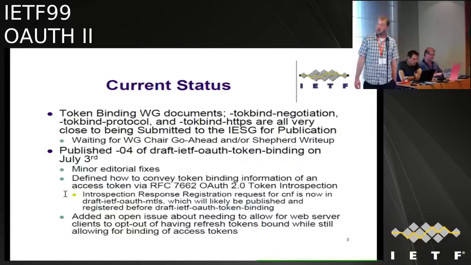So that's good. In this draft, the OAuth token binding, draft 4 of that was published also early in July. Apparently I did it on the same day. There's some very minor editorial fixes. More clearly define how to convey the token binding information of an access token in an OAuth 2 token introspection response. This itself is very similar to the work that was done in the MTLS bit around OAuth, around token